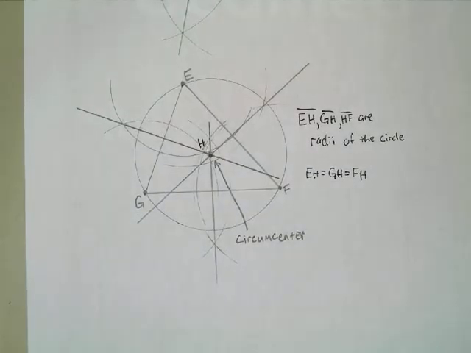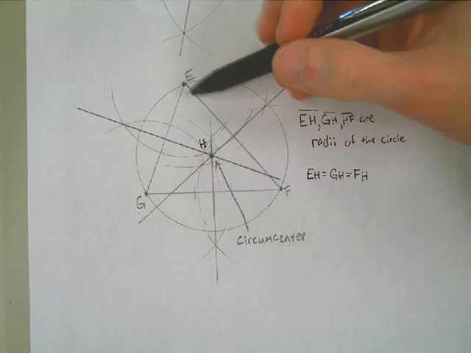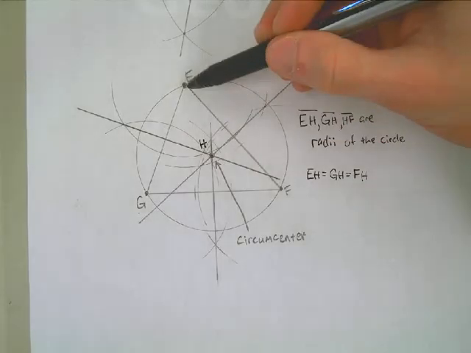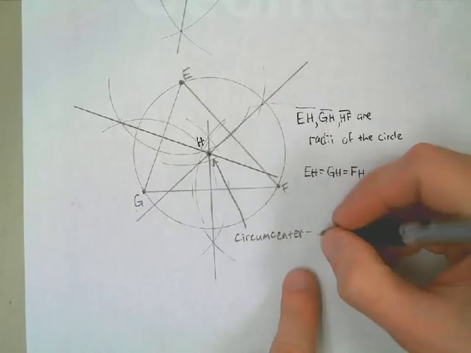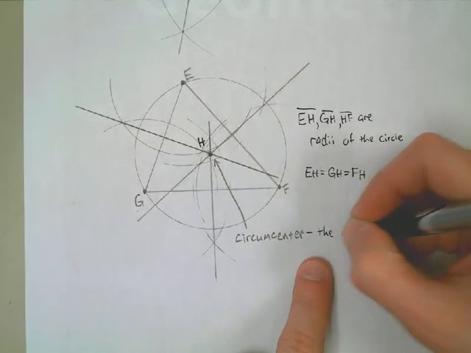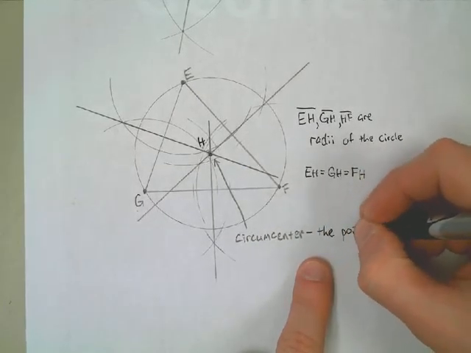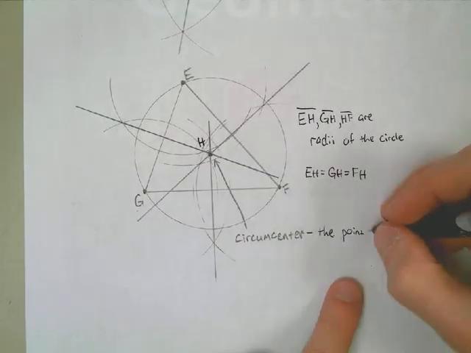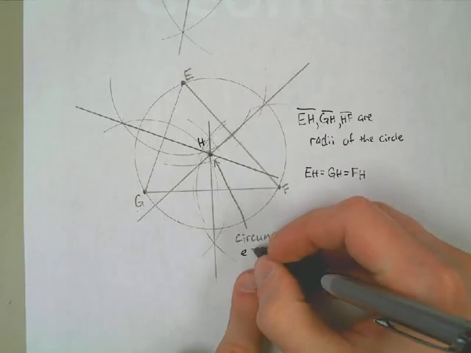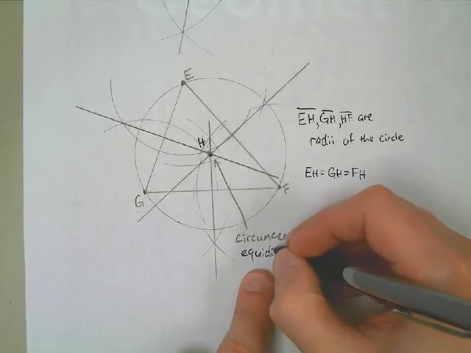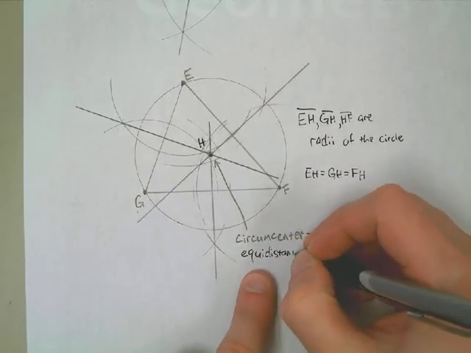Right? Because of the way that circle we can draw, H is equal distance to E, to G, and to F. And so we can say the circumcenter, which is point H, is the point that is equidistant, right, equidistant from,